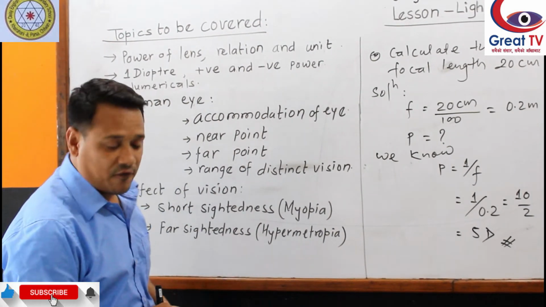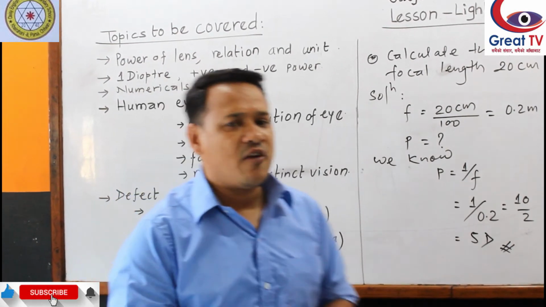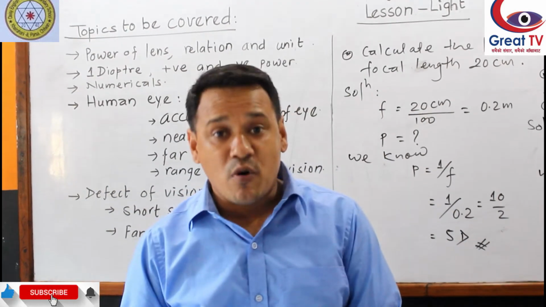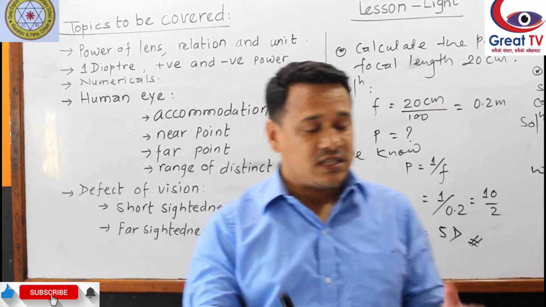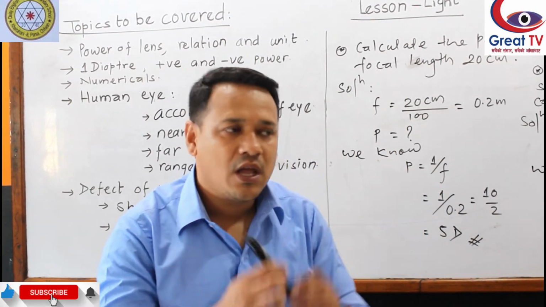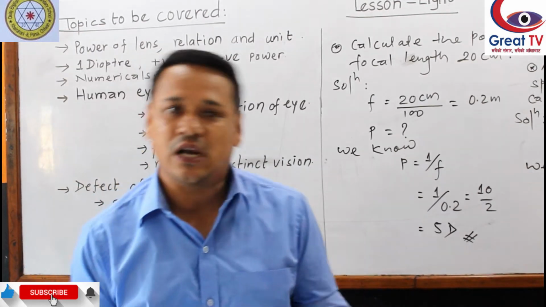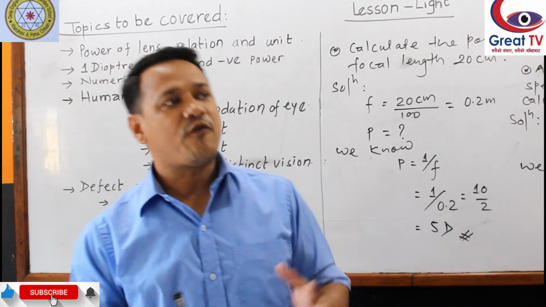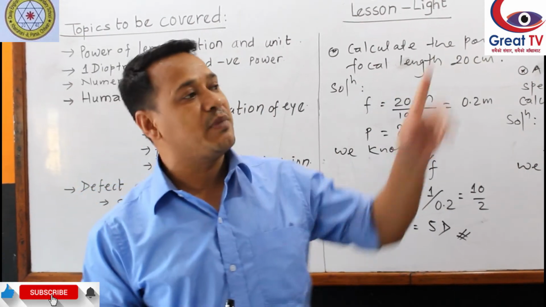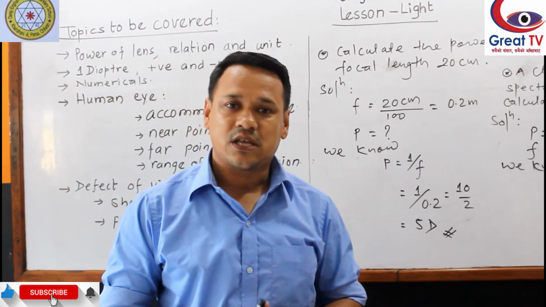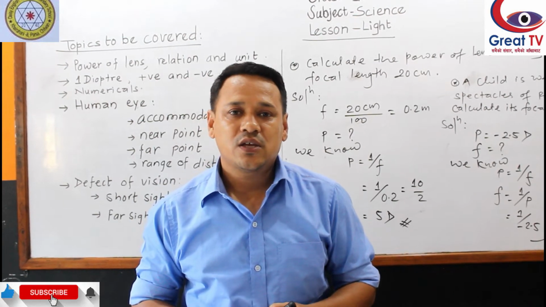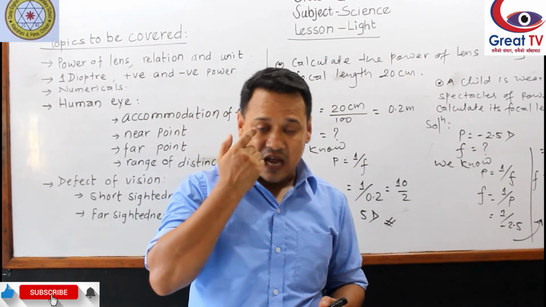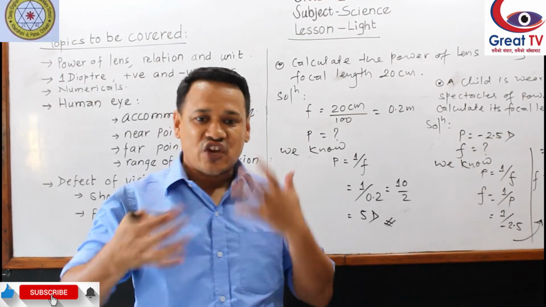Accommodation of eye. Do you know what is the meaning of accommodation of eye? Accommodation of eye means we can see the near object also clearly. We can see the far object also clearly. When you look at the far distance, you can see that building, trees clearly. And when you take any object in your hand, then you can see it clearly. So our eye lens, natural eye lens, can change the focal length